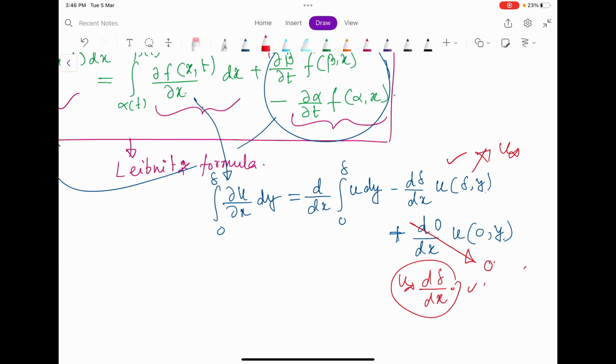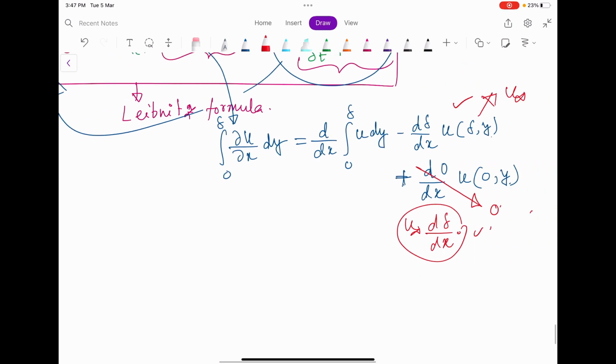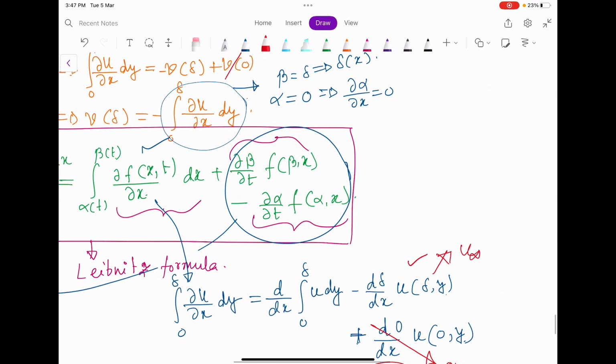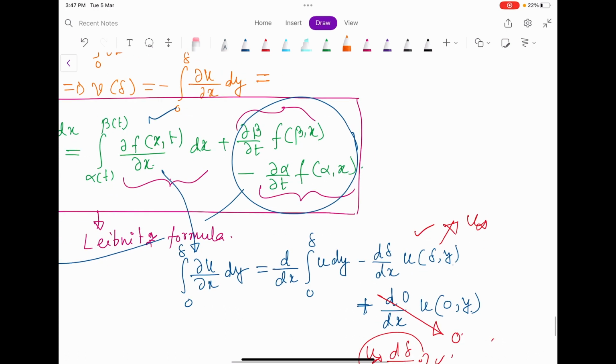Okay, let me proceed like this because it is coming like this. Okay, so this becomes what? This integral becomes, let me erase all this, and this integral becomes,